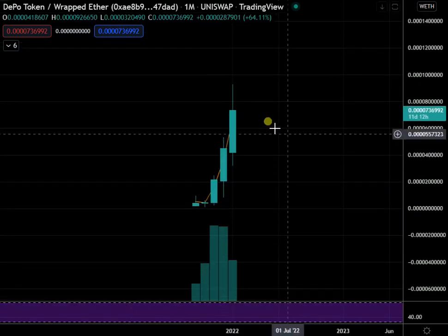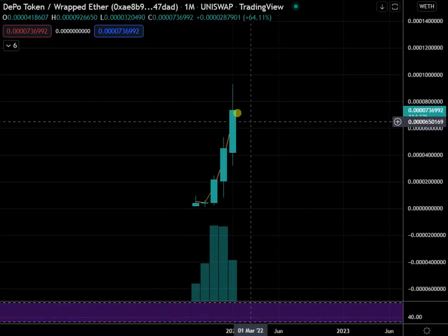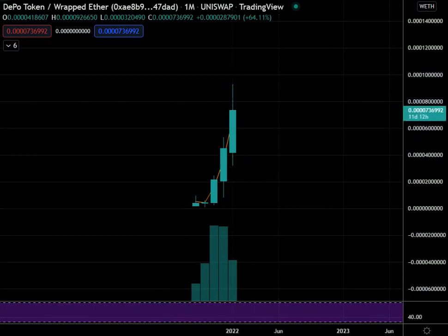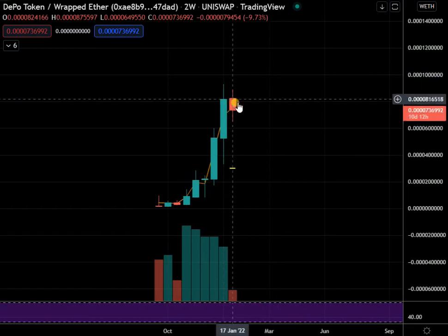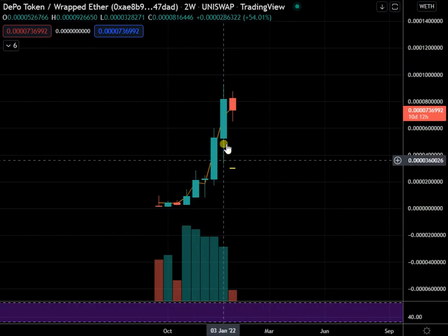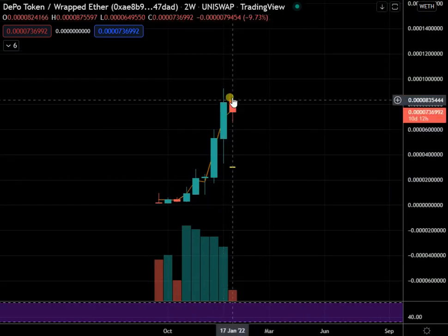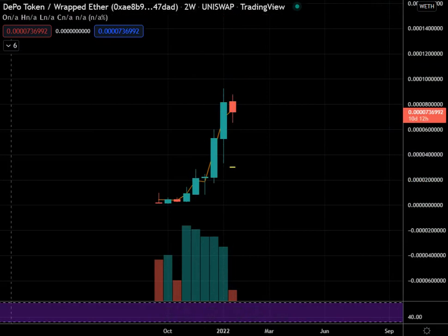I mean, it's still red on the month, but I don't think it's going to flip green on that 2-week. I really just don't think it's going to flip green on that 2-week. It has done every other time. Look, it's pushed up, flip green, pushed up here, flip green. I would suggest that it needs a red candle. If you're not too convinced with that,